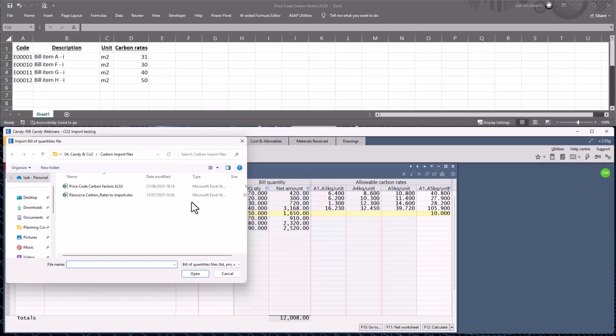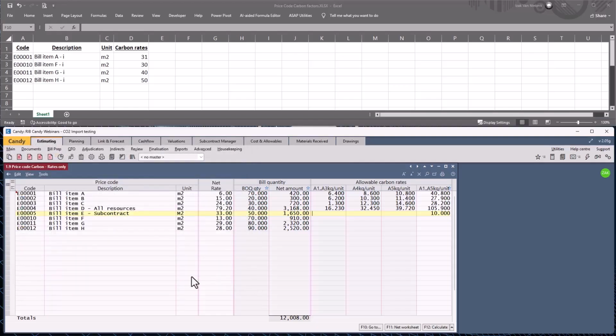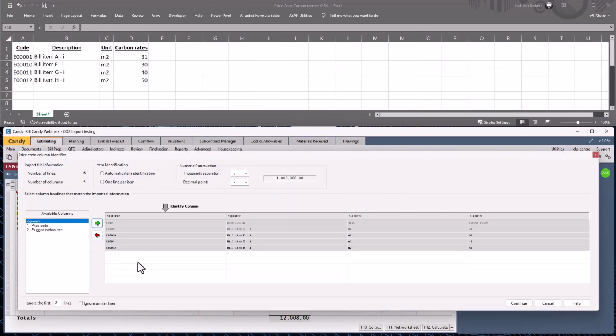Right, it will open up your browser, browse to price code carbon factors, open that up. So as mentioned before, you need to replace the word ignore with the relevant column that you want to import the data into Candy. So in the first column, we'll use the price code. We'll skip these two columns. We go to the carbon rate column, plug rates,